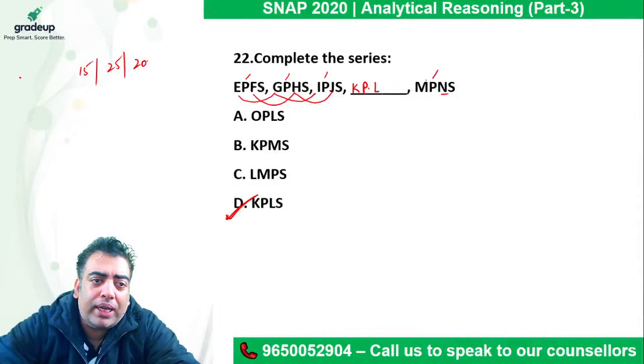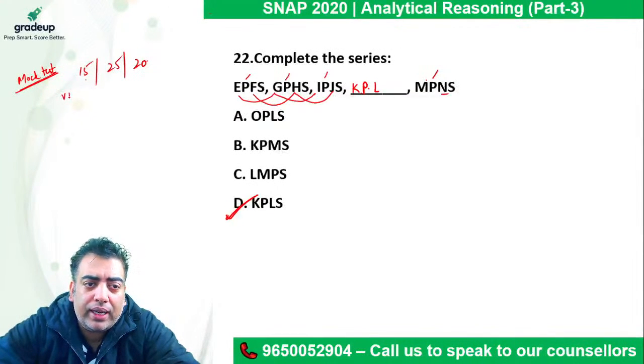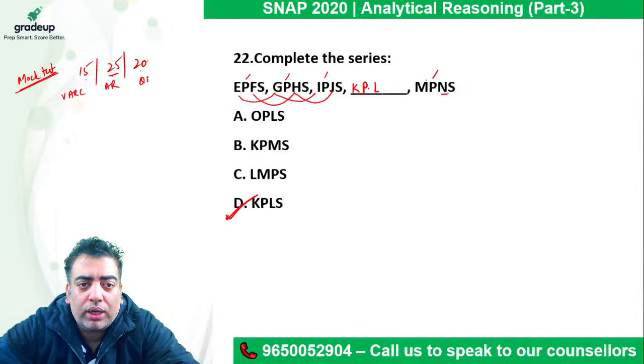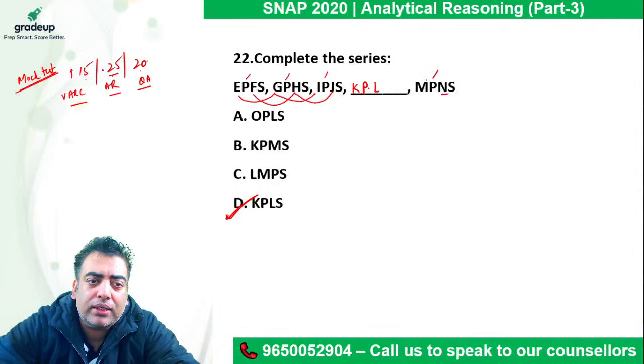When you appear in mock test, so मैंने एक सेशन में डिस्कस भी किया था, प्लीज गिव 15 minutes to VARC, 25 minutes to analytical reasoning and 20 minutes to quant. और इस टाइम के ब्रेकअप में देखो तीनों को कैसे मैक्सिमाइज कर पा रहे हो,